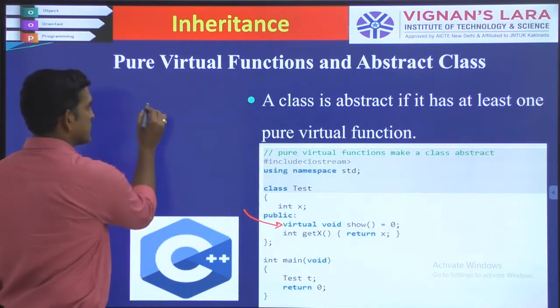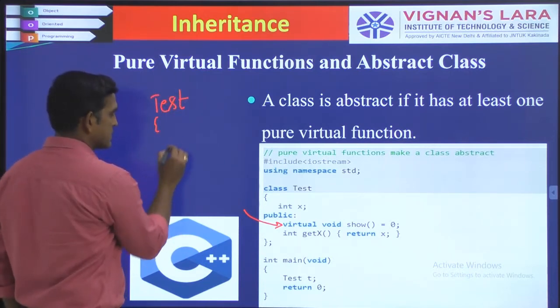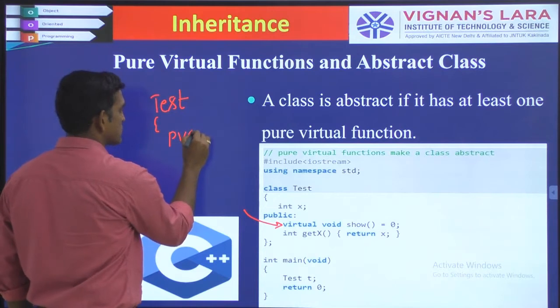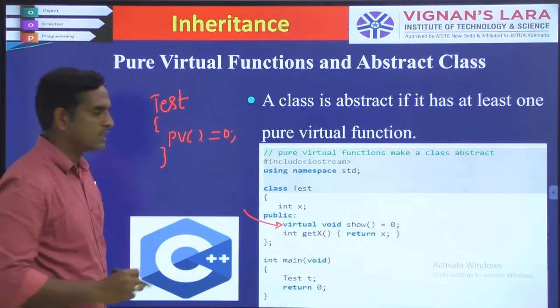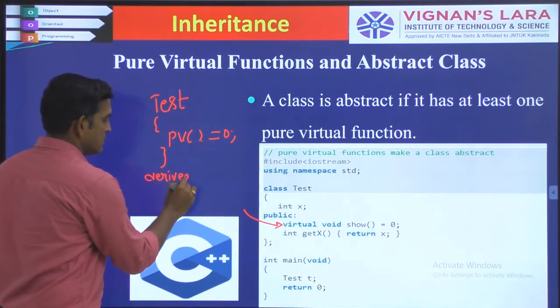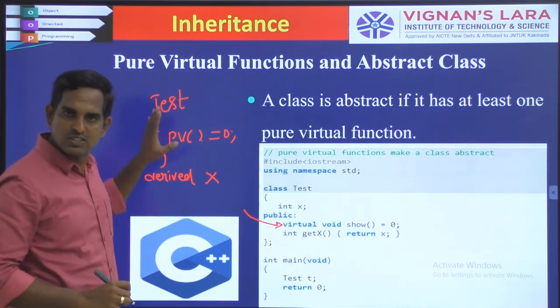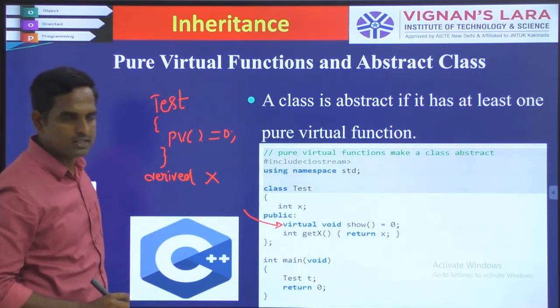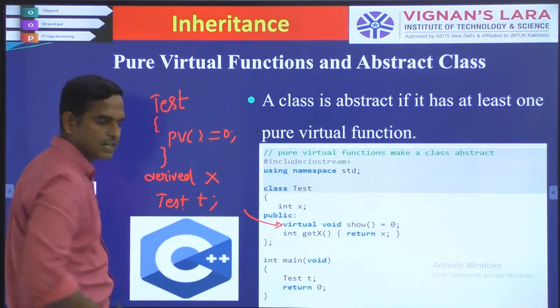What you have here is the test class, and inside the test class you have the pure virtual function, which you are initializing to 0, and you are not deriving anything, that is, there is no derived class for this abstract class. And if I try to create an object for this particular abstract class,